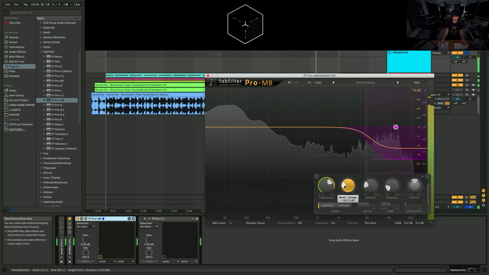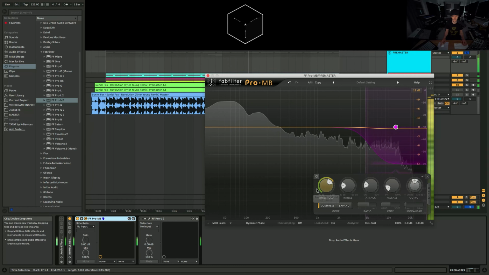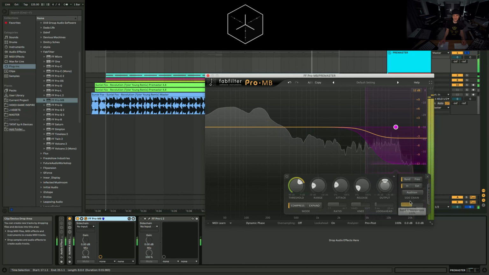And then I'm going to get pretty aggressive. A-B that. That's doing pretty good. I'm going to open up Expert on here. I'm going to unlink the stereo, because I just don't know if that hat is stereo or not, and I don't want it messing up the image, because it will.